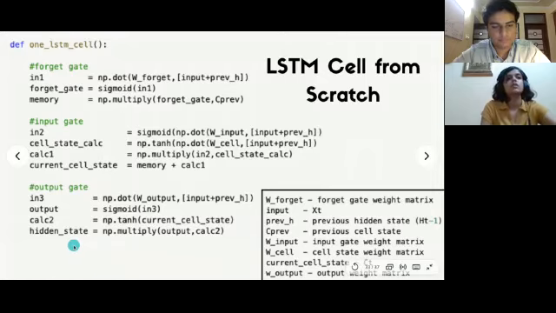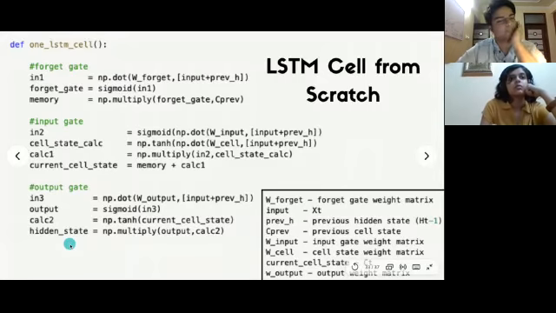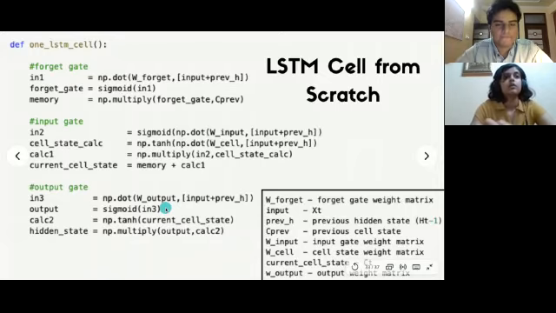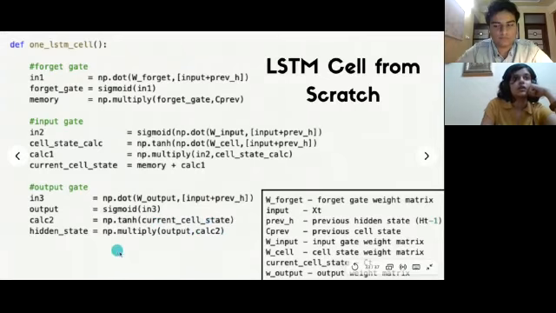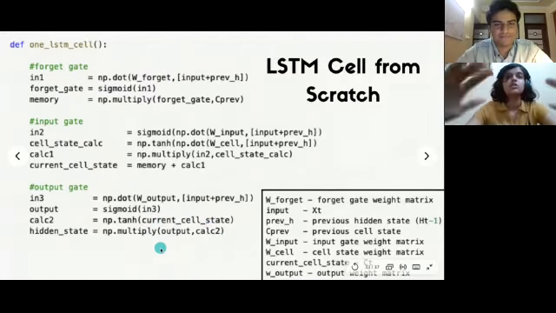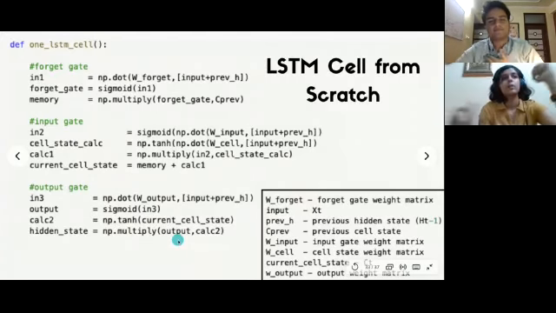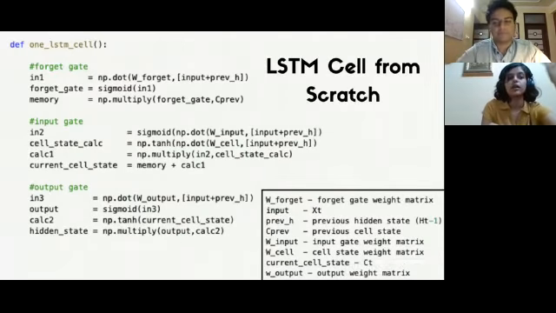Okay, so here we've got the same thing. The combination of input and previous hidden state multiplied with the output weight matrix and passed through a sigmoid function, giving the probability. Then we have np.tanh, which is nothing but tanh using the NumPy library. And finally, we get the hidden state by multiplying this output variable along with our calculation. So that is pretty much it for the code walkthrough of an LSTM cell. Obviously, there's a lot more going on behind the scenes. And as Aditya said, it is already implemented in a library like Keras, so you can find it there.